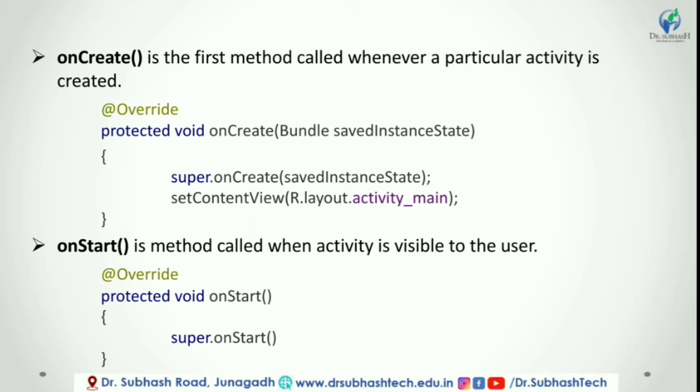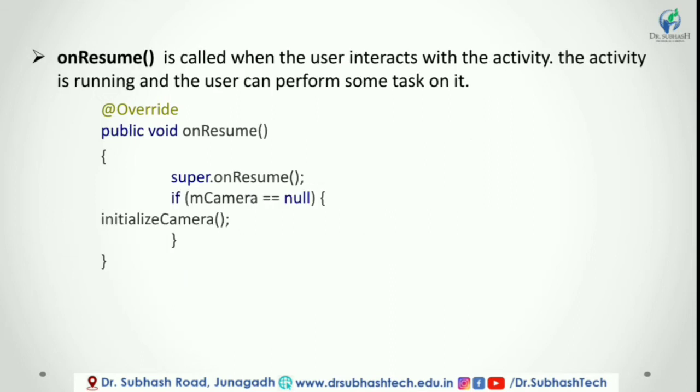After completion of onStart method execution, the activity enters into resume state and the system invokes onResume method. Next method is onResume. When activity entered into resume state, the system invokes onResume callback method. In this state, activity starts interacting with the user. That means the user can see the functionality in the designing part of an application on the single screen.